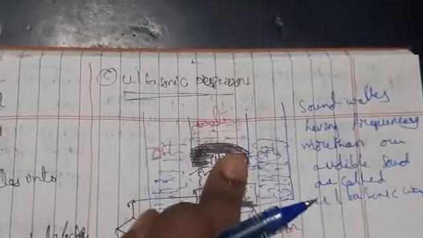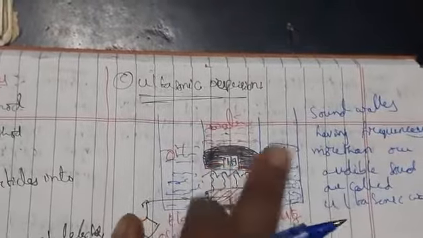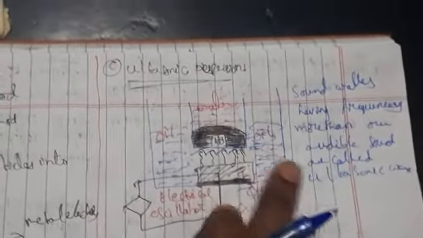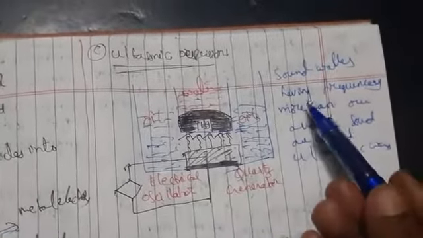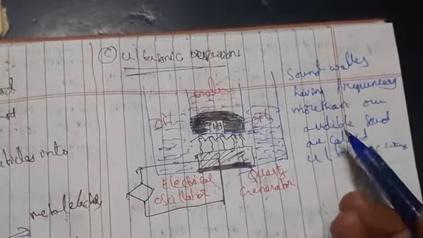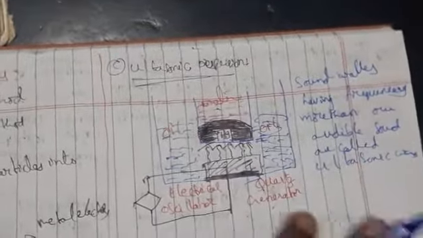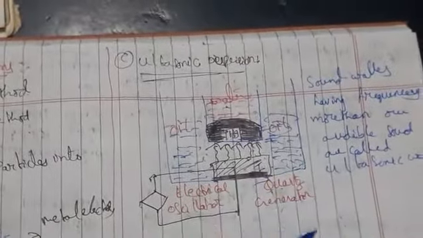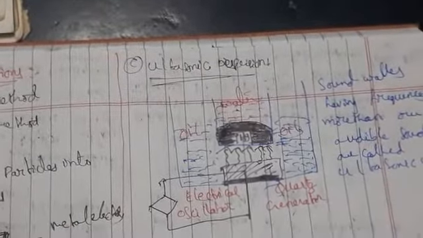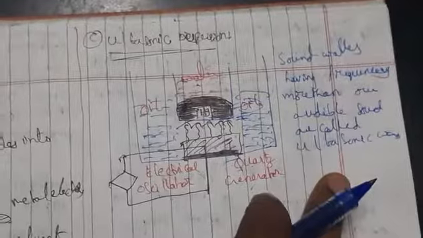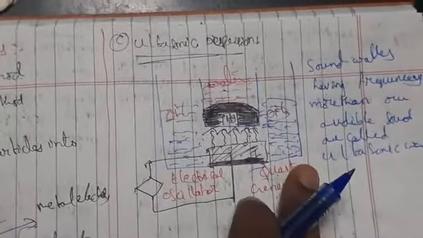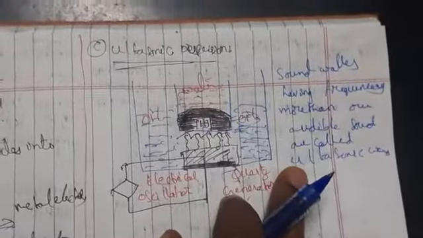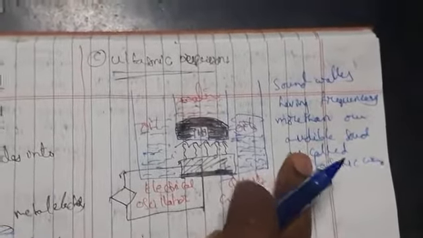So this is the latest method for preparation of metal colloidal solutions from their suspension particles. This is nothing but ultrasonic dispersion. Here sound waves are produced with a frequency higher than our audible sound, which we call ultrasonic waves. Compared to the first and second methods, Bredig's arc method and mechanical dispersion, ultrasonic dispersion is the fastest method. The colloidal size is produced from suspension particles.